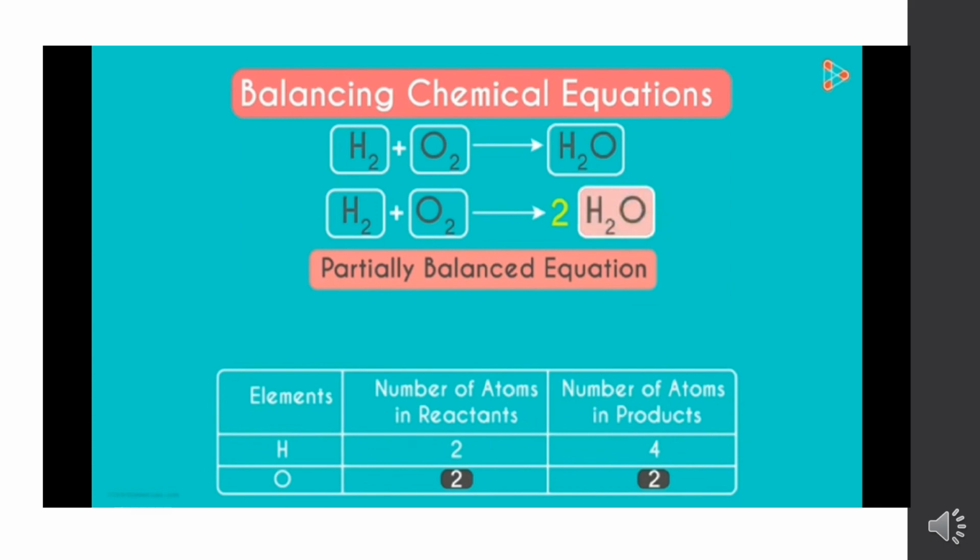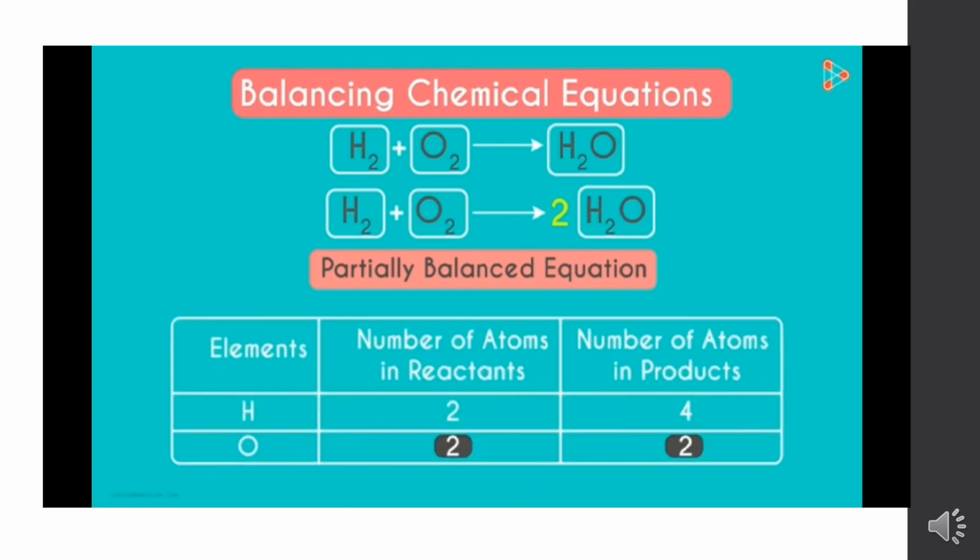The number of oxygen atoms on the right is 2 and on the left is also 2. Remember, we can't alter the formula of the compounds or elements involved in the reaction, which means that to balance the oxygen atoms, we can't write